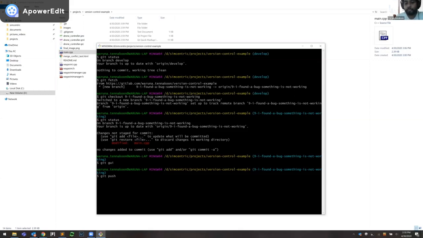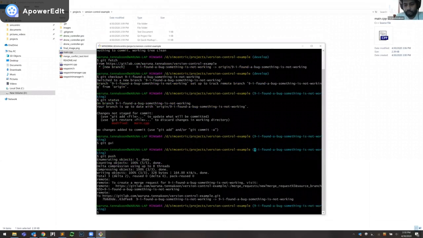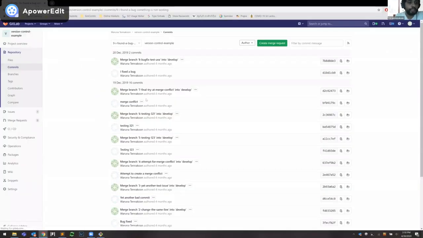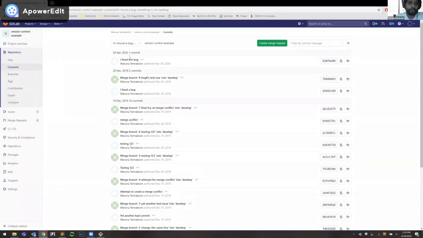This commit will be pushed to this branch, not to the develop branch, still in this newly created branch, which is created to track this issue. So now it should be available in the, so here it is. So now we have successfully pushed the commit. Now are we done? No, this commit is only in this branch. We have to merge this change.